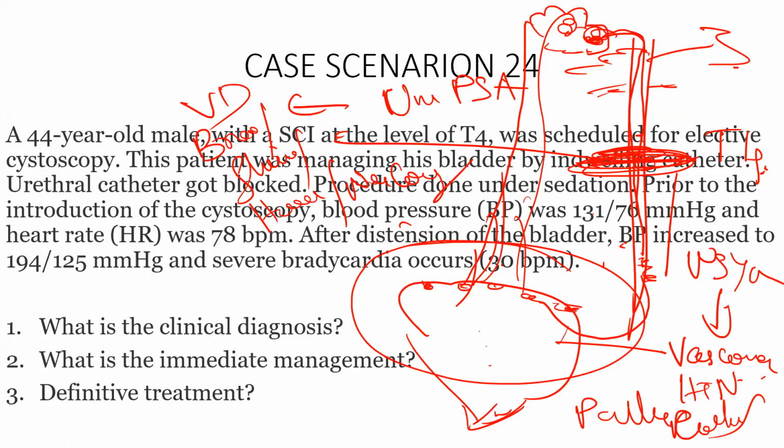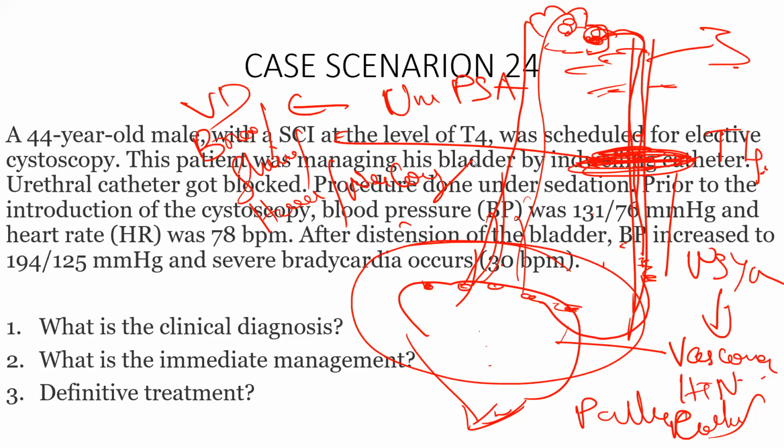Sir, please repeat the symptoms, sir. Below the level of cord injury, there will be uncontrolled sympathetic activation. The reason we spoke already. So when there is uncontrolled sympathetic activation, you'll have a vasoconstriction below the level of cord, like in the legs, in the lower abdomen, everything there will be vasoconstriction. Similarly, the splenic circulation goes for complete vasoconstriction, right? So there will be hypertension below the level of cord injury. Like for example, if you measure the blood pressure in the legs, there will be very high blood pressure. Since there is a vasoconstriction, there will be peripheral pallor and there will be cold extremities.